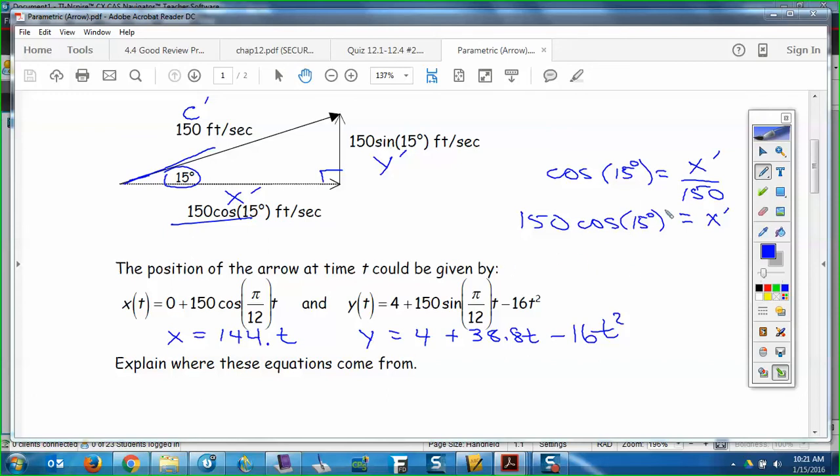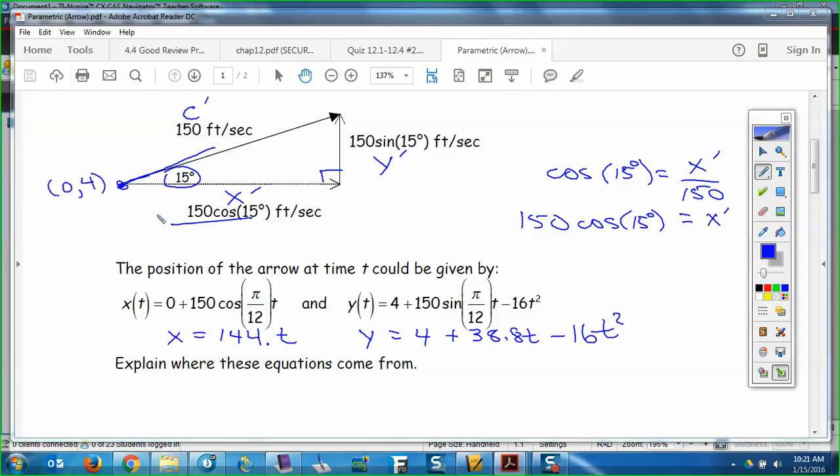What's the antiderivative of a number? What's the antiderivative of 7? Or in this case, 7, what's the input variable here? T. 7t, right? So the antiderivative of 150 cosine 15, which of course is pi over 12, is 150 cosine 15 times t. That's where this x equation came from. Plus some constant, which would be its horizontal position,